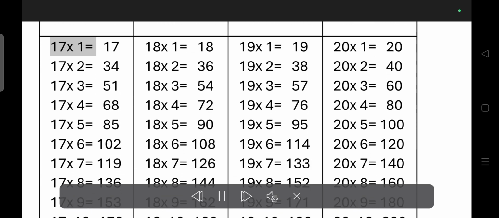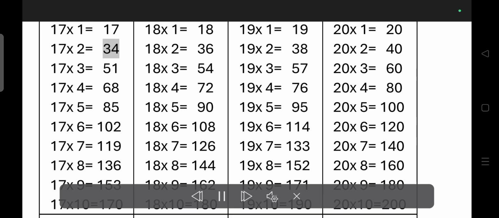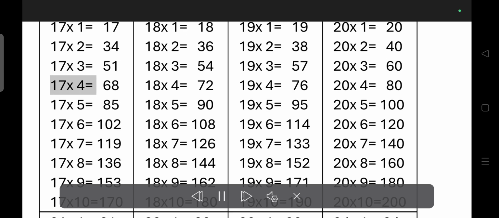160. 17 times 1 is equal to 17. 17 times 2 is equal to 34. 17 times 3 is equal to 51. 17 times 4 is equal to 68. 17 times 5 is equal to 85. 17 times 6 is equal to